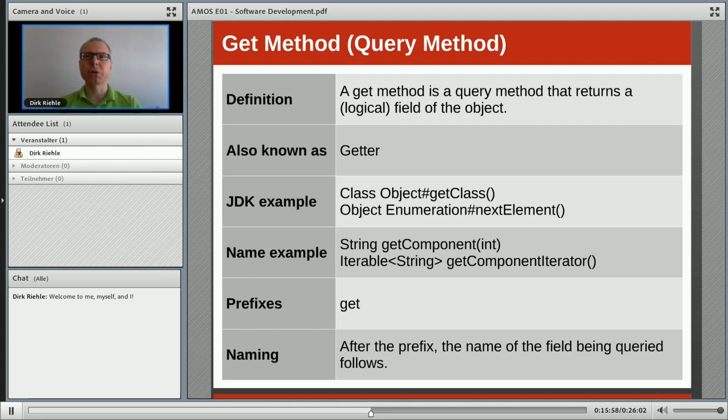You've heard about this because everyone hears about it when they learn Java. A get method is simply a method that returns a value, an attribute of an object from the logical state of that object, and it should not change the state of the object. It's a query method. It only returns information. It doesn't change an object's state.